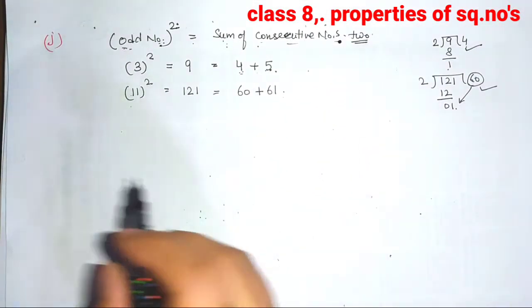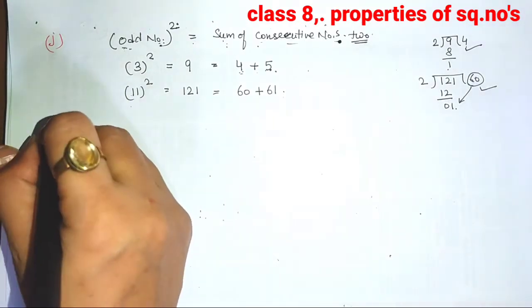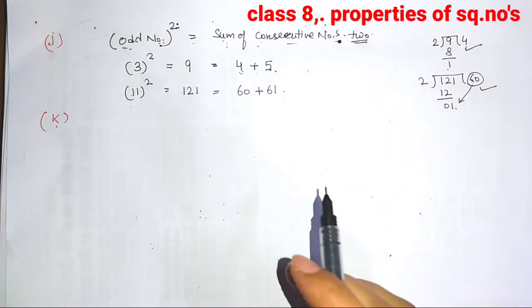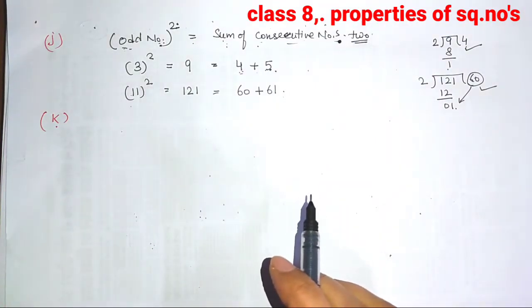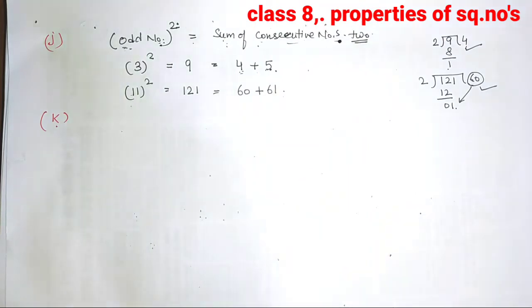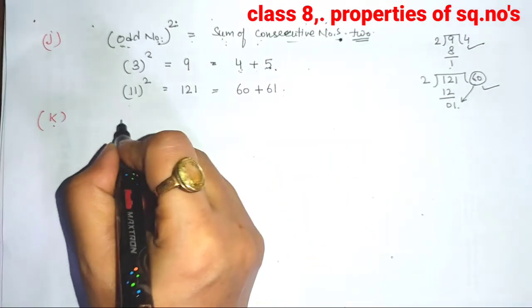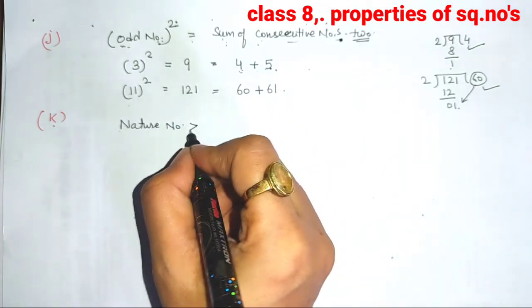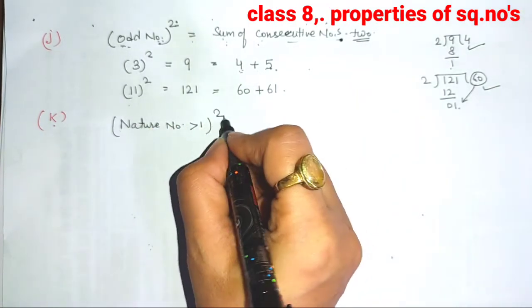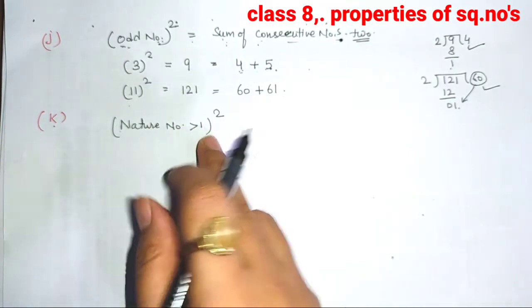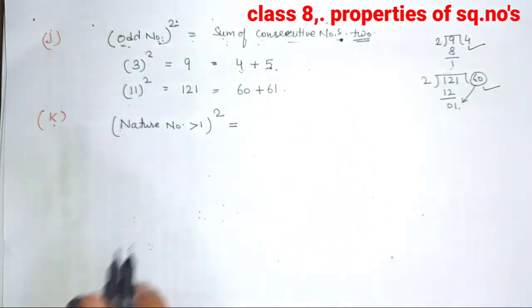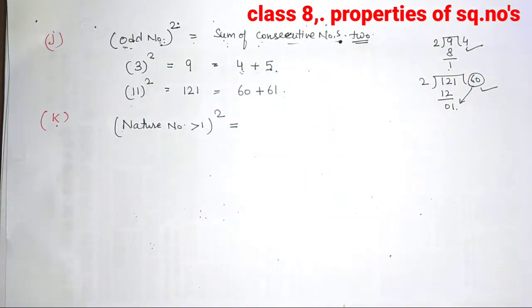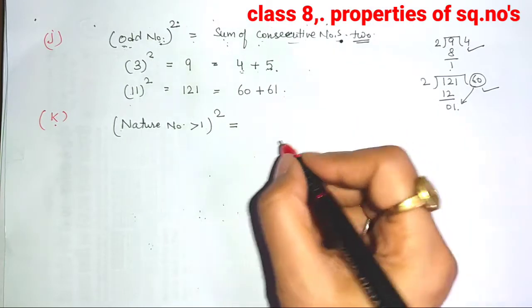Now the next one is the square of a natural number greater than 1. The square of any natural number greater than 1 can be expressed as a multiple of 3